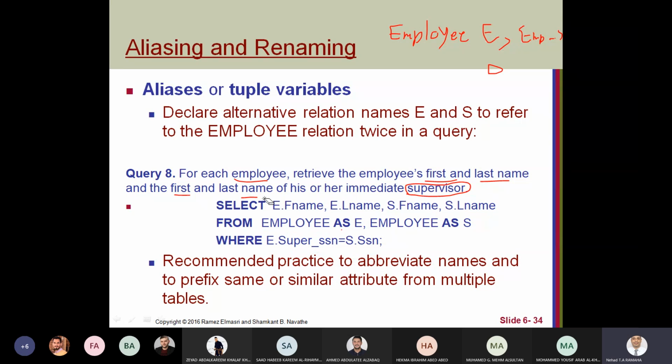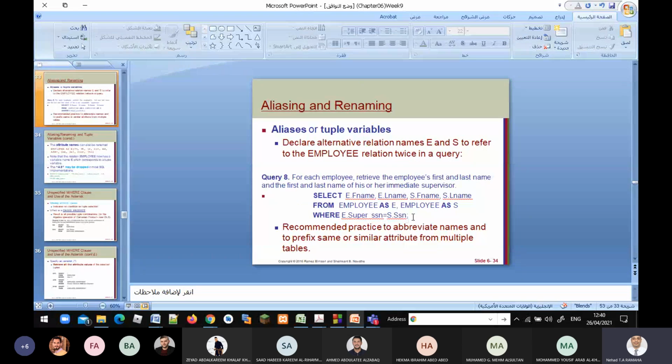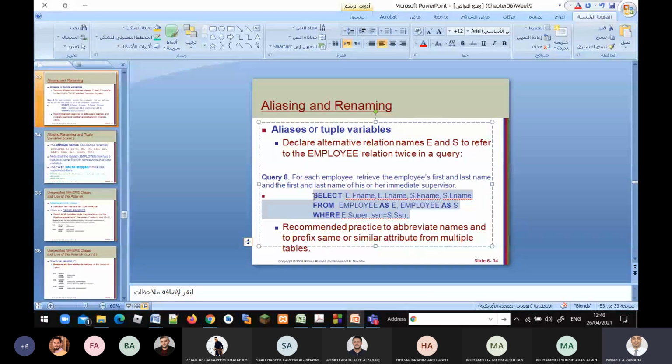To shorten the time, I will only copy and paste, then we can make the changes.